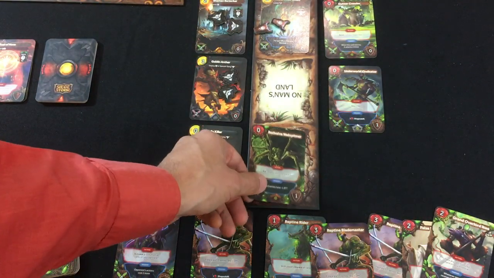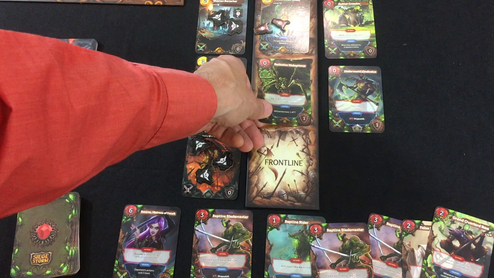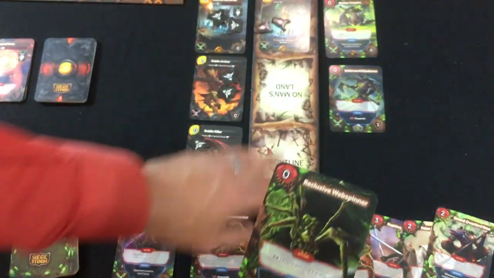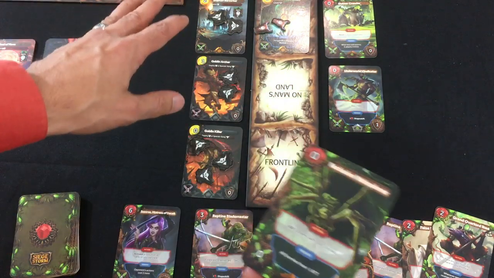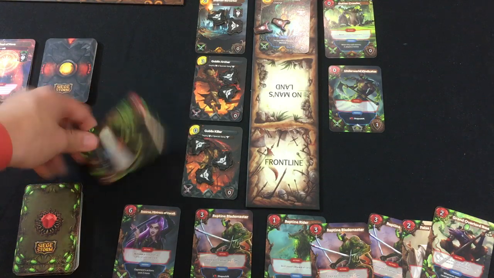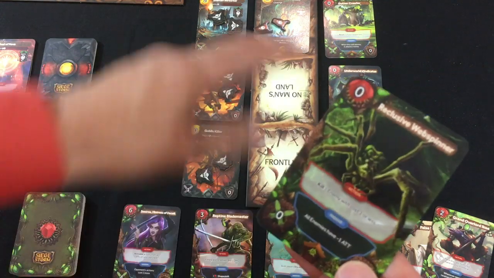I can either put the spider on the front line of the No Man's Land. That would tie it up so that they couldn't get to the No Man's Land. And the passive ability would stay as a permanent thing while the spider's there. So all enemies would be -1 attack for the foreseeable future. Alternatively, I can put him as a supporter and give myself resources. Or my final option, I can have him attack,